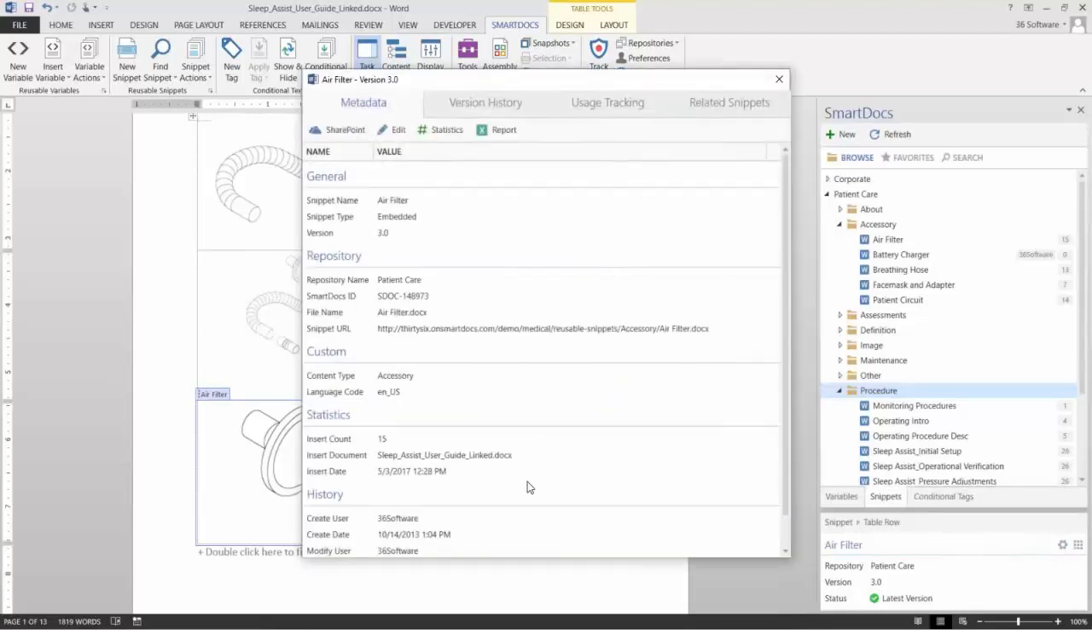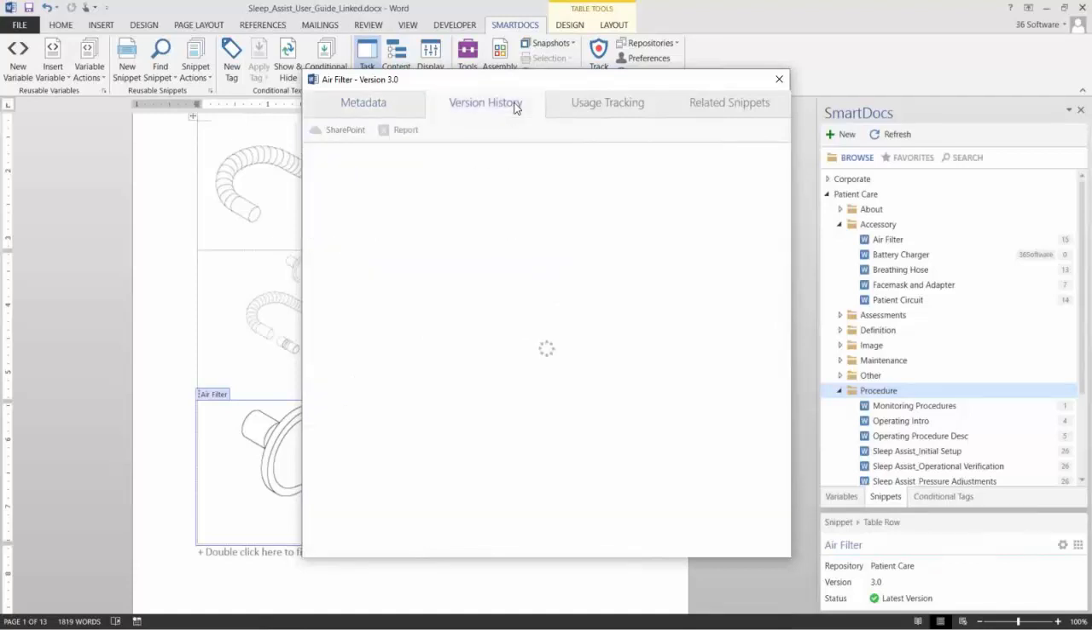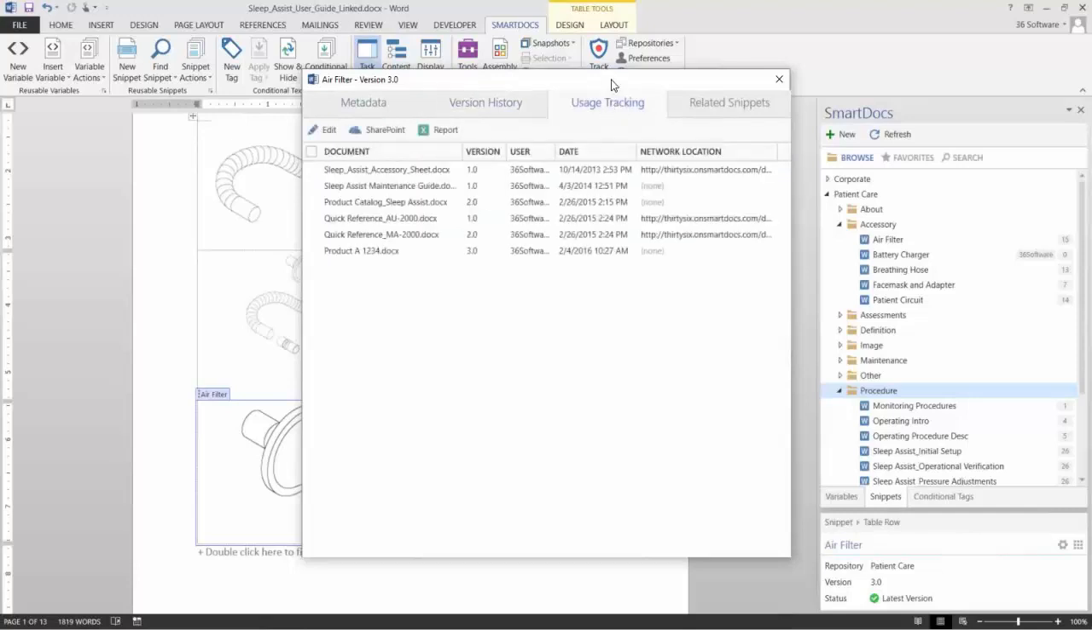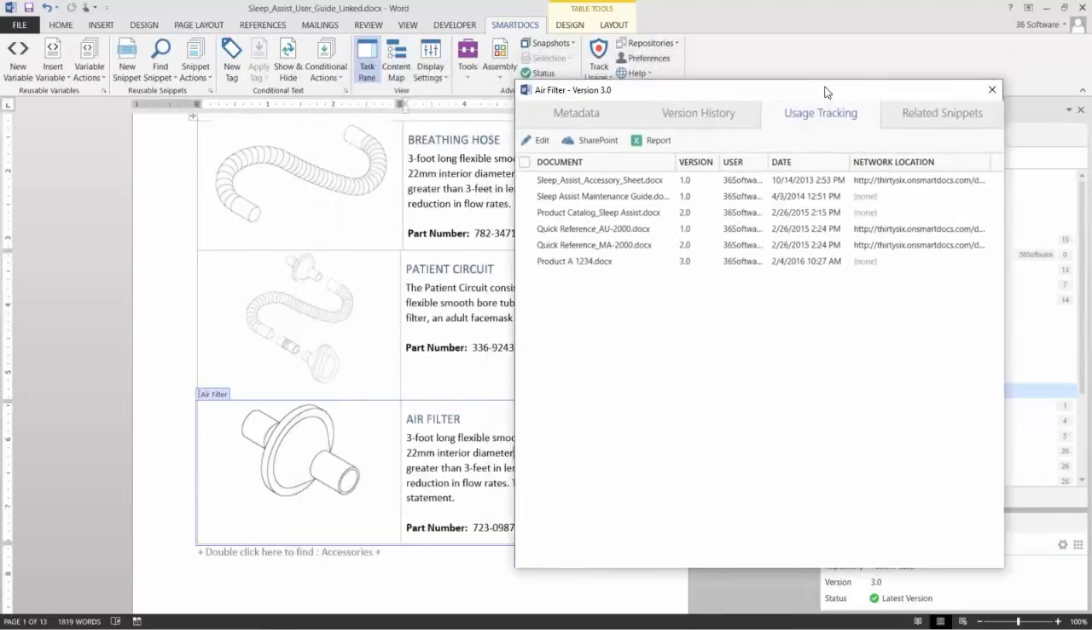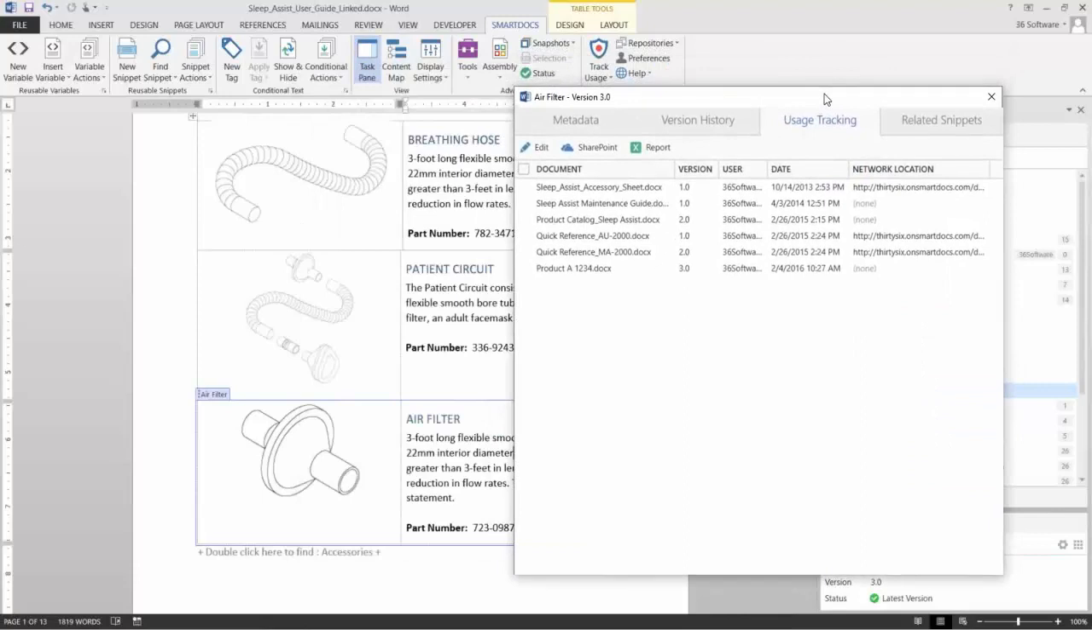So again, we have metadata, which we looked at. Now we have a little more familiarity with that. We looked at version history already, so we know that this particular snippet has 3 versions, and this is the version that's currently in our document. And we also now have usage tracking. Usage tracking may be turned on or off at any point in a document's lifecycle. And you can see this is the icon for it in our ribbon,